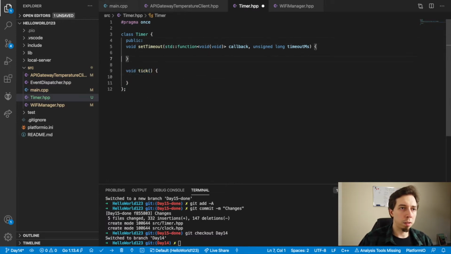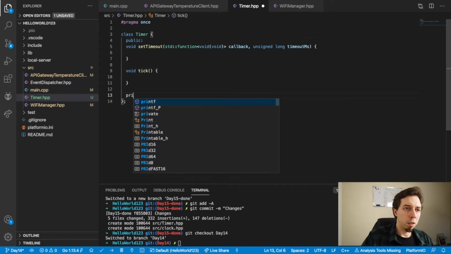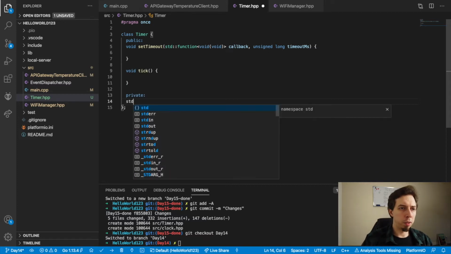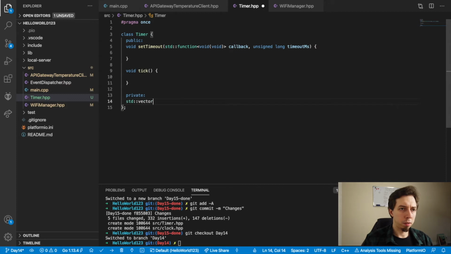Okay, another thing that is required is the container, right? We need a container for all of those callbacks. So the simplest container would be a vector again, std vector, and I'm going to think more like forward, because